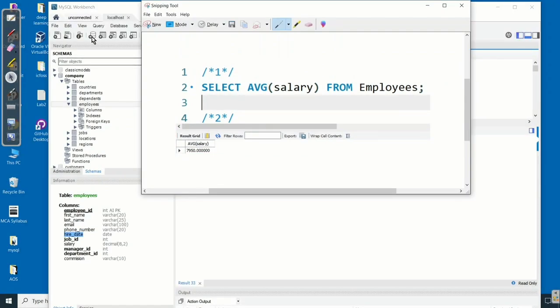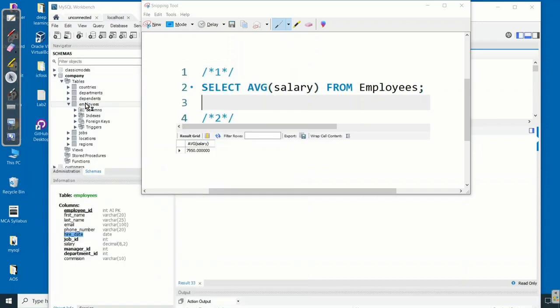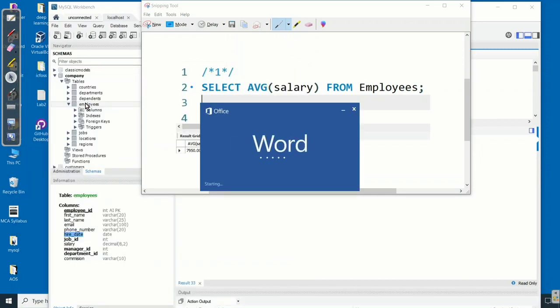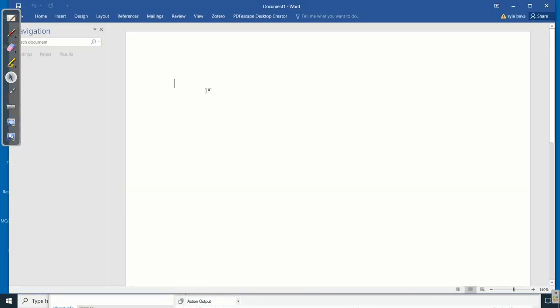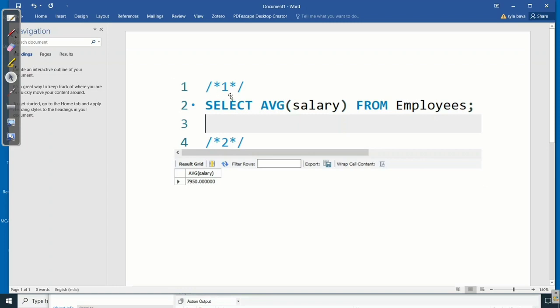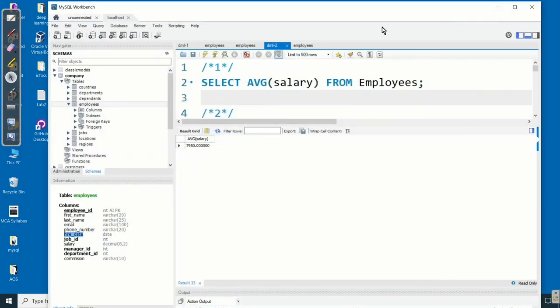So copy the portion you want and paste it somewhere. In this way you can do all the queries, and results and queries can be copied like this.